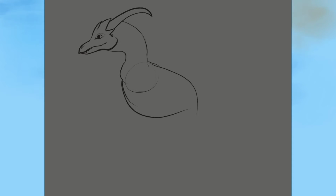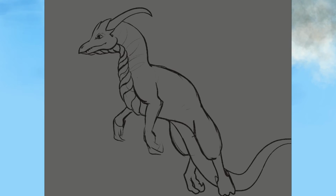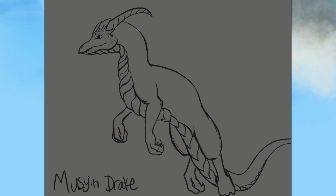And now I'm working on the Moosian Drake, a type of dragon that is available in my upcoming book. I'm working on a mid-tone gray for more than one reason. One reason is so I can see the darks and lights more in their true tone, not distracted by a very white background or a very dark background, and another reason is because I find it easier on my eyes when